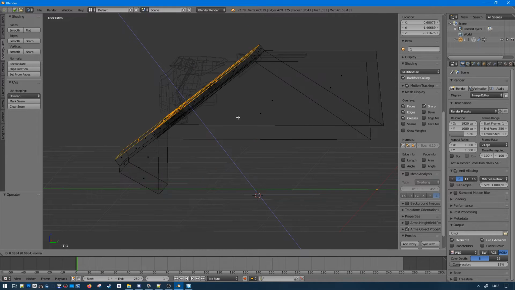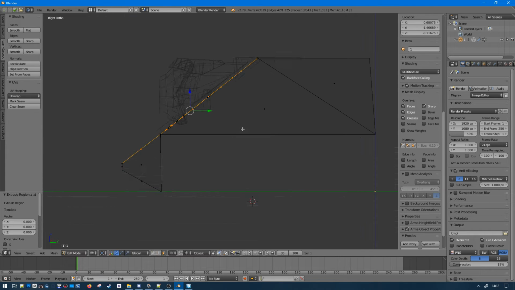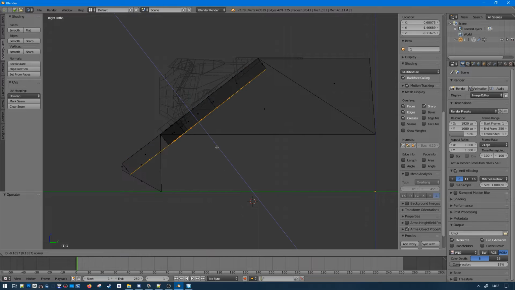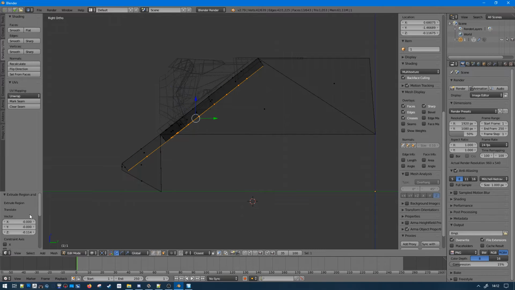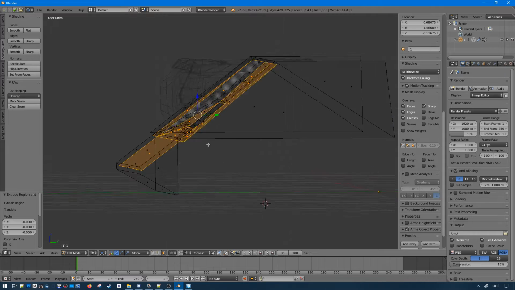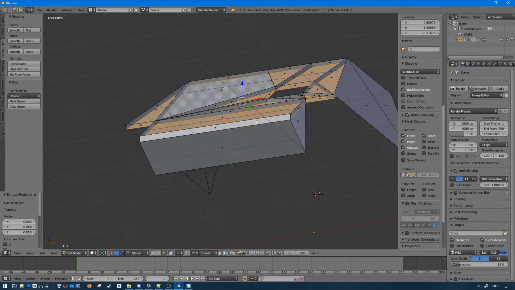When I extrude, default is directly over the normal. So here, press E, and I can select the thickness right there. So how many? 50? 0.5? No. Yeah, 0.5. And that's it.